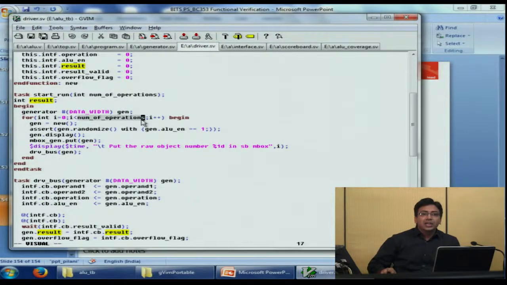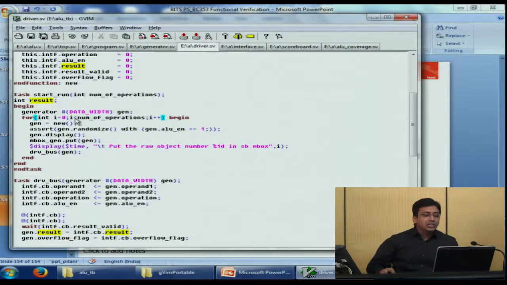That is, if the user wants to perform 10 operations, he will pass number of operations as 10, and this driver would create 10 different objects of generator and pass them to the DUT.